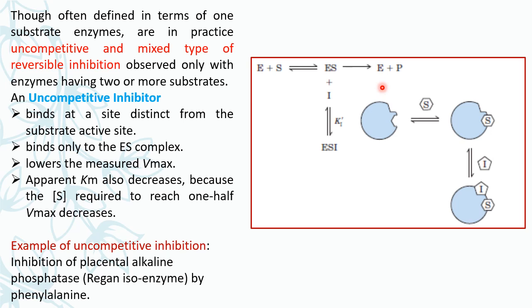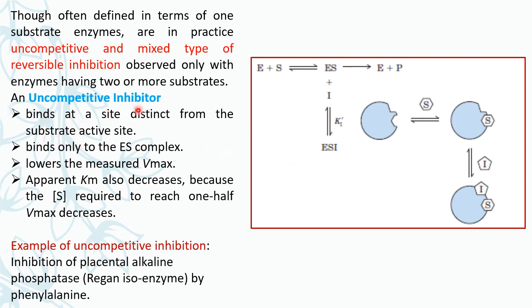Okay, so here the EI complex cannot be formed, only ES or ESI. In competitive inhibition it is ES or EI, but here EI, the enzyme inhibitor complex, cannot be formed. The enzyme substrate inhibitor complex can form. So ES can lead to E plus P, enzyme plus product, or if ES binds with the inhibitor, then ESI forms, which leads to no product formation. Okay, so